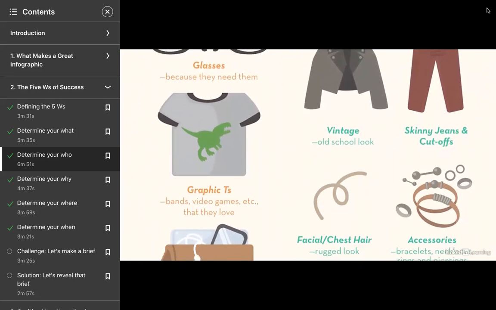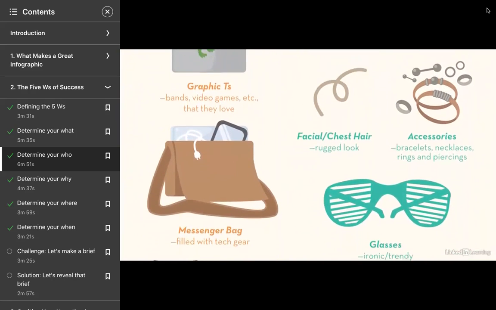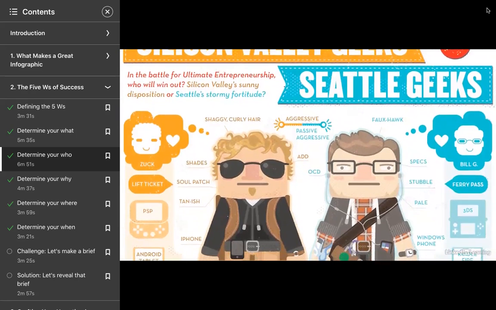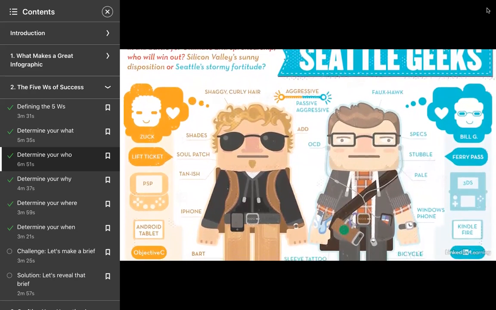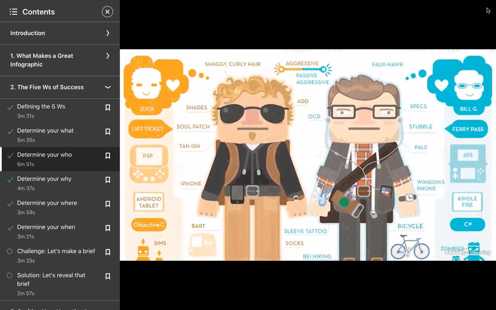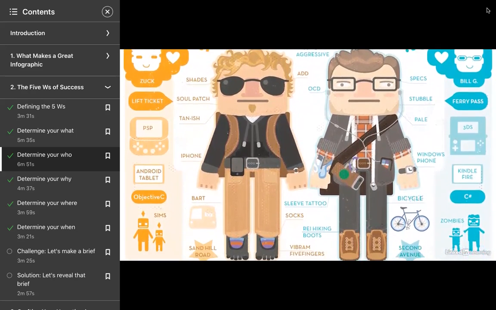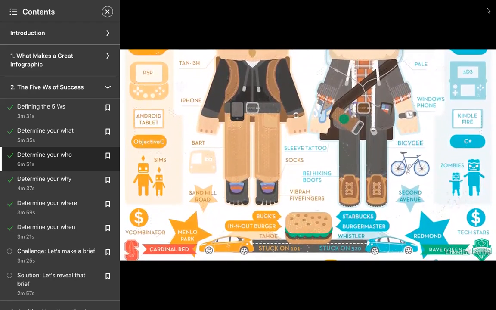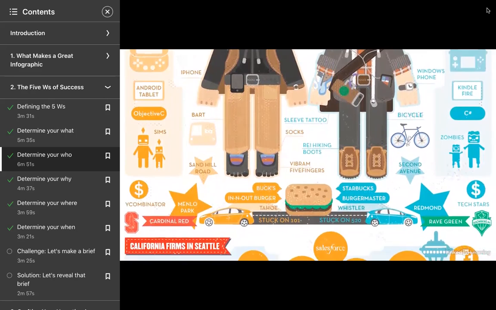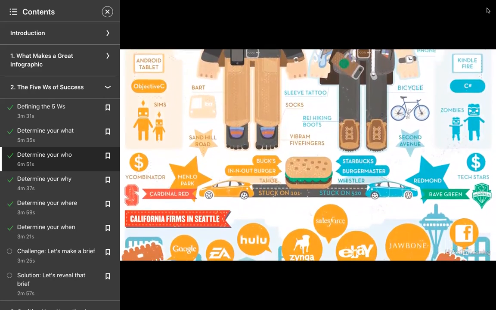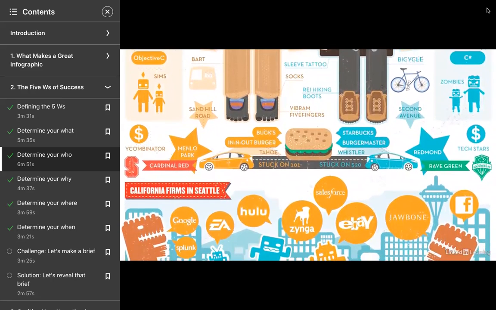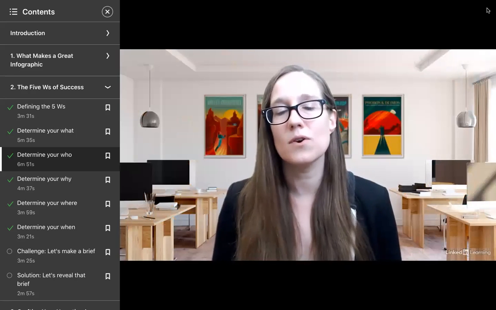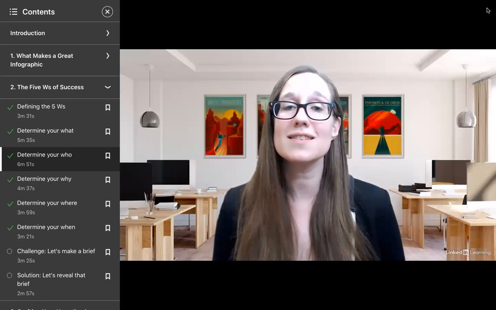So our solution was to provide this follow-up infographic to better clarify the situation at hand. And when we produced Seattle Geek versus Silicon Valley Geek, we updated the illustration style to look like an 8-bit video game intentionally. We knew that we were going after a very niche audience with a rich history in late 80s, early 90s gaming. And we knew that we wanted to choose an illustration style that would capture their attention faster. Throughout this piece, a variety of inside jokes are referenced that only those ingrained in Seattle and Silicon Valley tech scenes would truly understand. This made the piece all that more successful because it directly spoke to a target audience